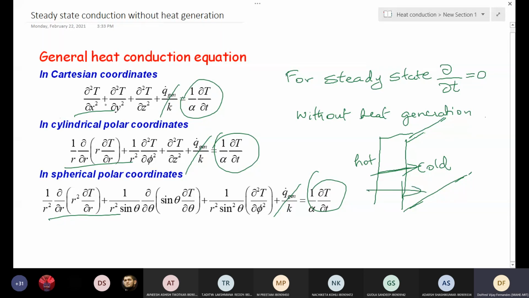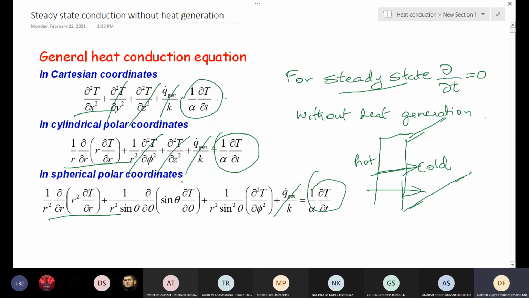That's not always, you have to take x only. Okay, but it is only one direction. So what do you think in this case? If you eliminate the time dependence, the time dependent term of temperature is gone, because of steady state, no heat generation. And we are going to remove the two more dimensions, so there will be heat transfer along only one dimension.